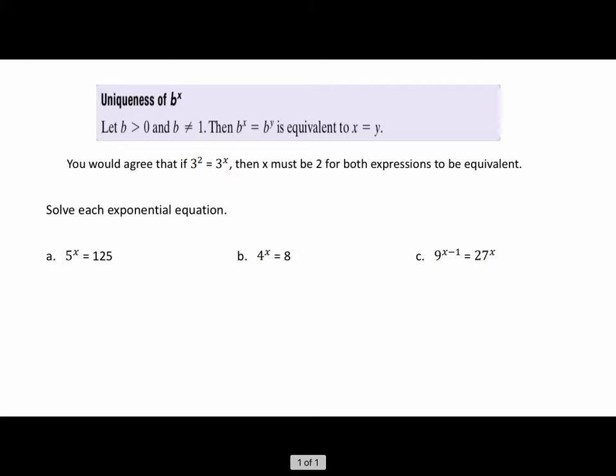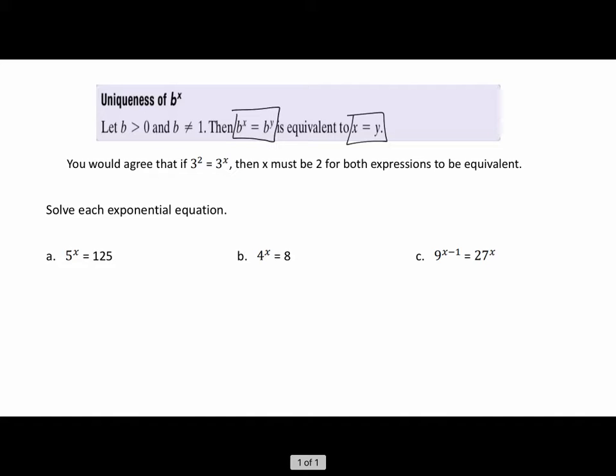In order to solve exponential equations, we will be using the uniqueness of b to the x. So if b is greater than 0, not equal to 1, then b to the x equals b to the y is equivalent to x equals y. And what this says is that if the bases on both sides of the equal sign are the same, then the exponents must also be the same in order to have the same value for each side of the equal